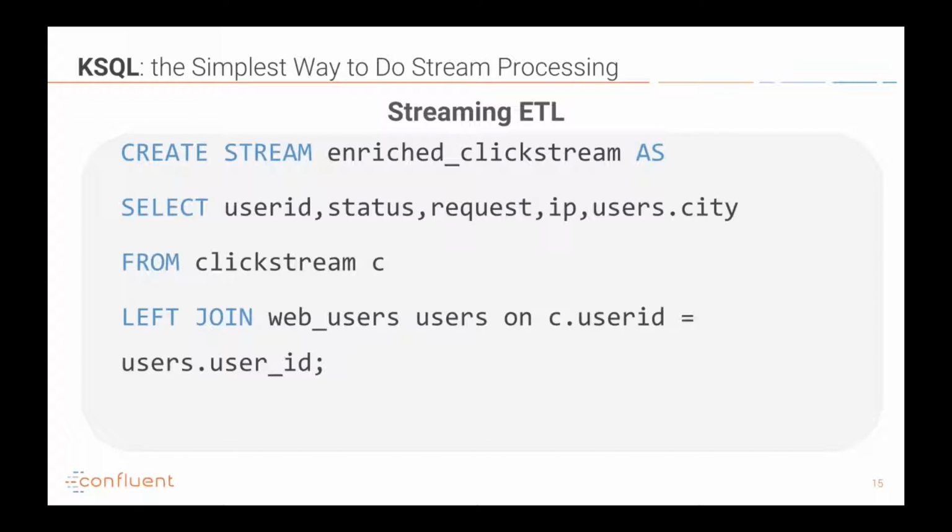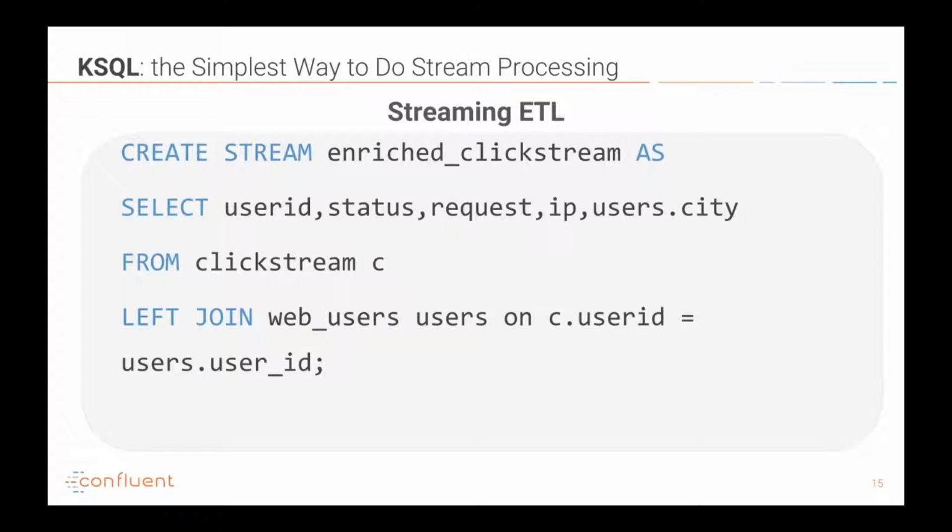And so let's take a look at a simple example of KSQL that's combining a table and a stream, which is something that's really common to do. So if we start from the from statement, so here we're working with clickstream data. So each stream is really just a topic with metadata associated with it.